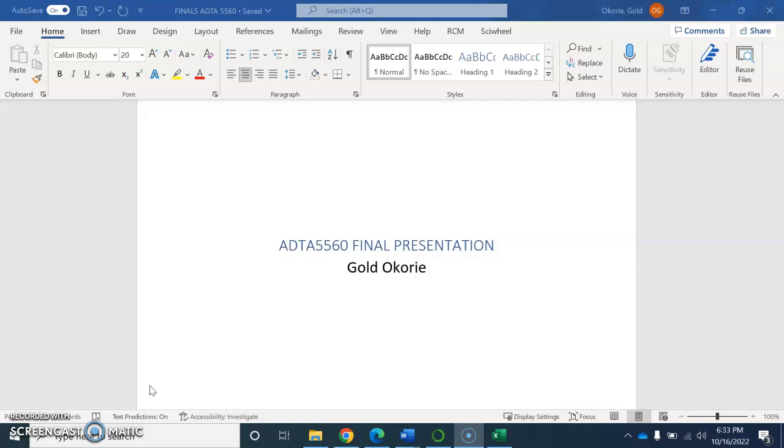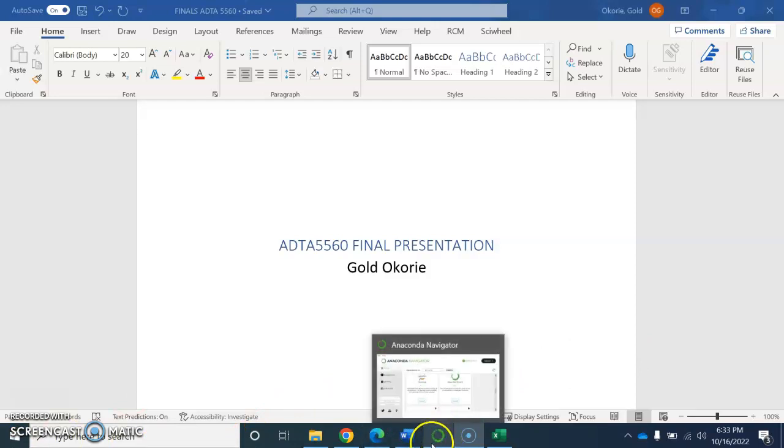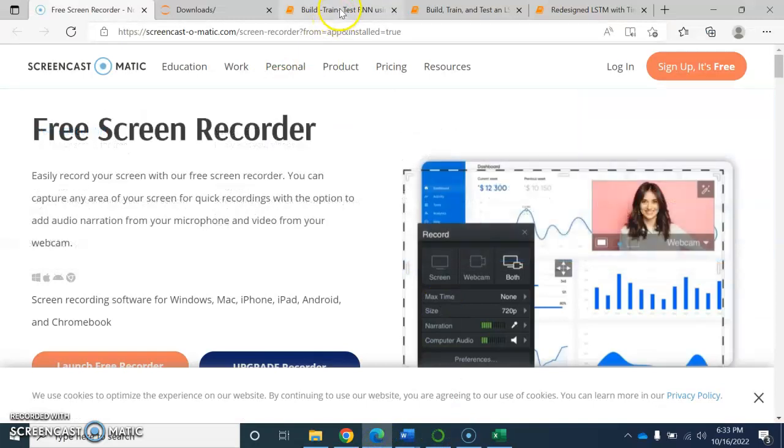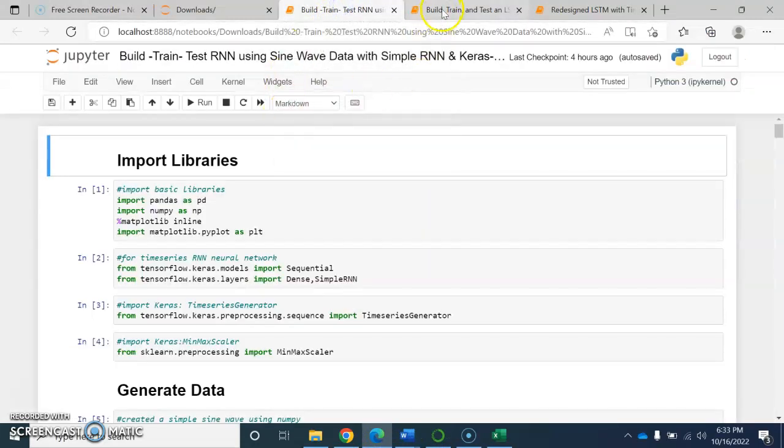This algorithm is the first algorithm that remembers its inputs due to its internal memory. And it's the perfect algorithm for machine learning problems, such as the ones where we have to deal with sequential data. Now I will go over to Python, where I will show you what I built